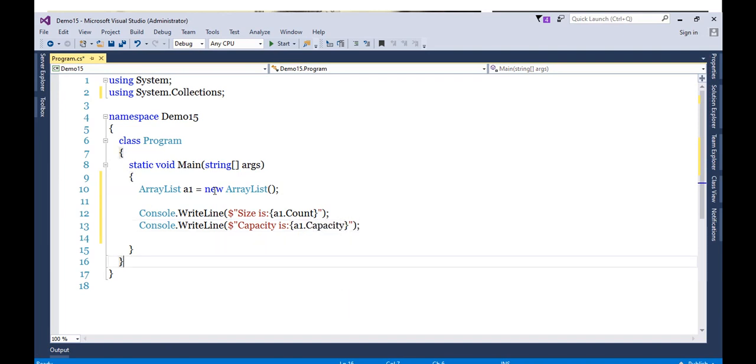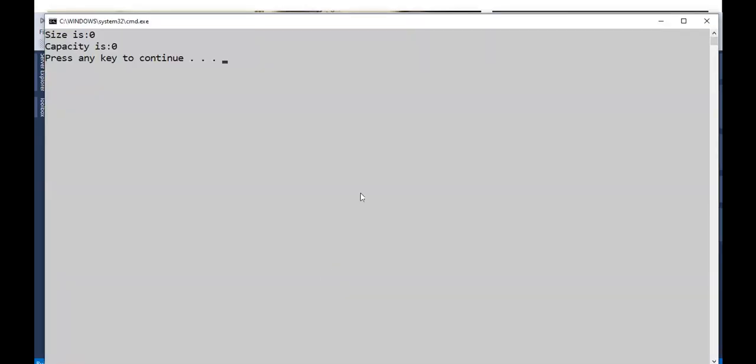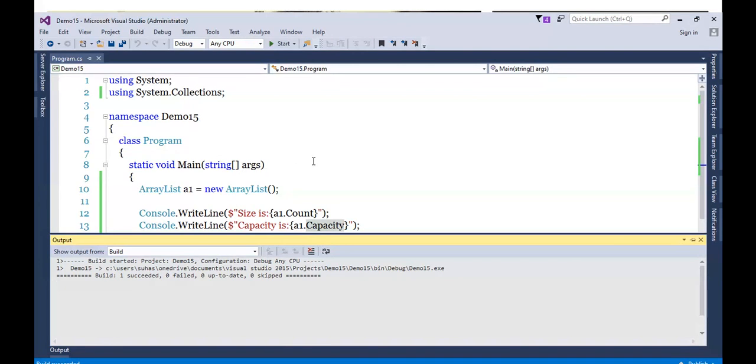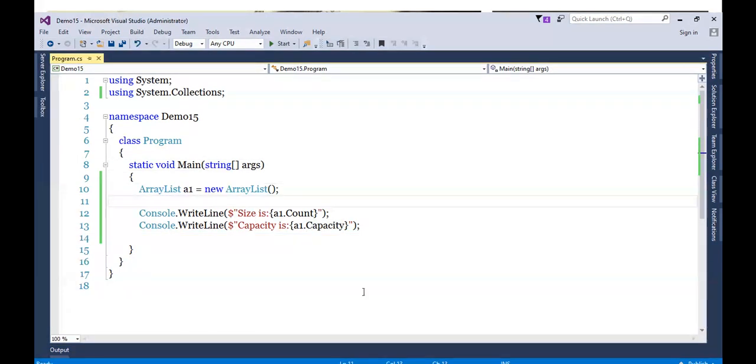Right now there is no element available in the ArrayList, so definitely both values will be 0. Let's watch. If I run this, size is 0, capacity is 0. No problem. Now let's add one element in it.